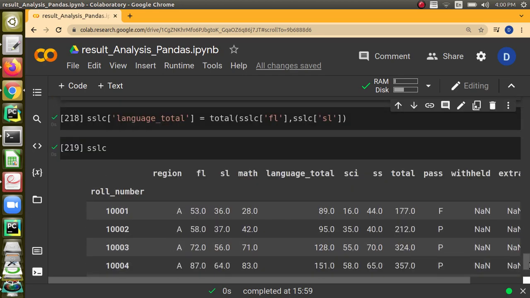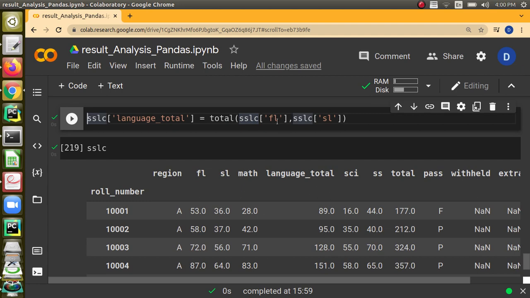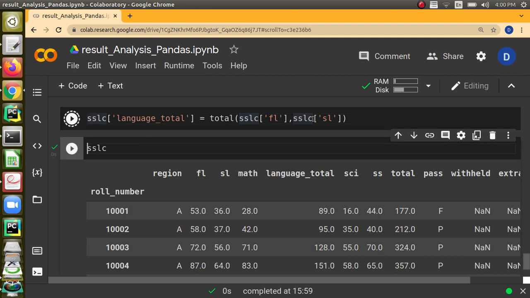So how we can do it is, we have to tell SLC of language total equal to, we are calling the function, just we can call the function total, right? Total, and we are going to pass the first language mark and the second language mark.